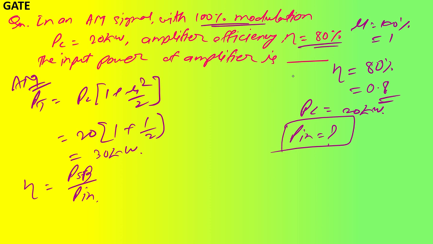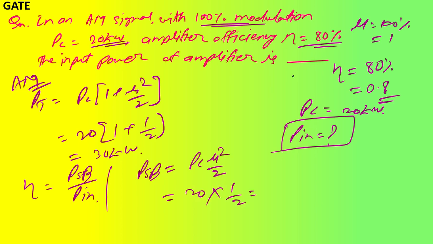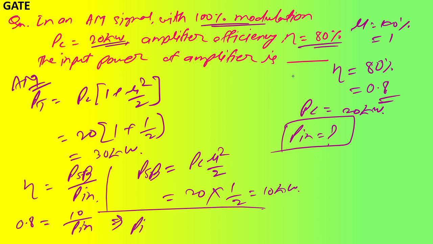So the sideband power can be calculated as PSB is equal to PC into mu square by 2. PC was already found out: 20 kilowatt multiplied by mu square, which is 1 by 2, that is 10 kilowatt. Alright. So what would be your eta? Moving on, eta can be written as 10 divided by P input, which is equal to 0.8. So from here I can find out the P input power is 10 by 0.8, that is